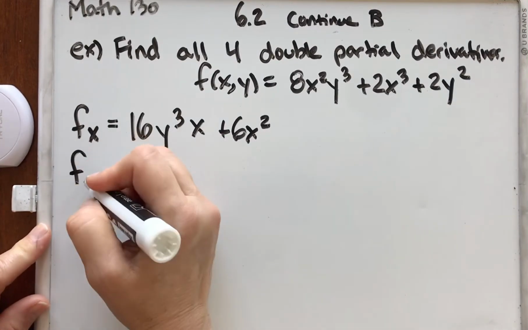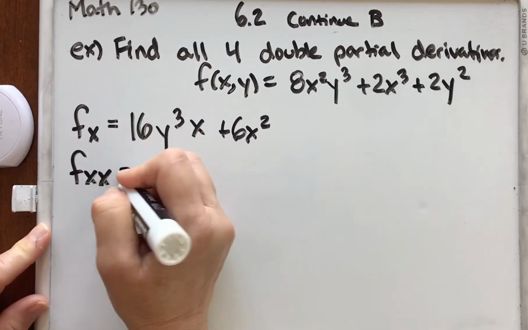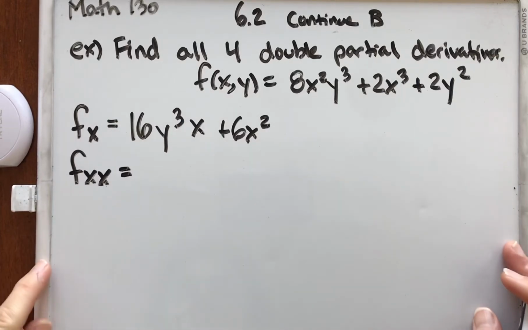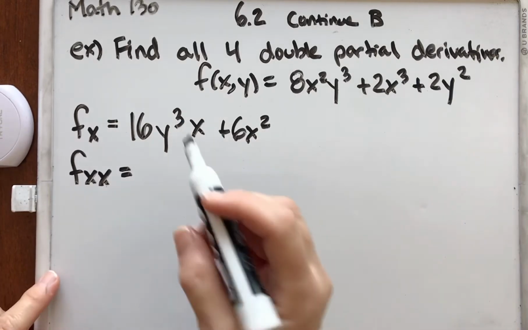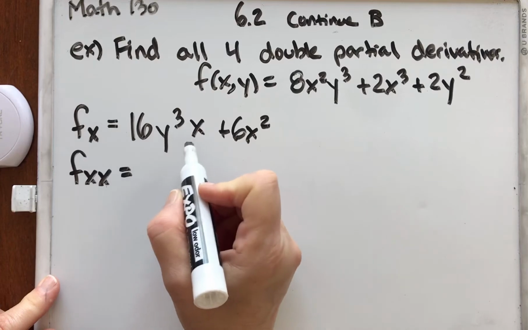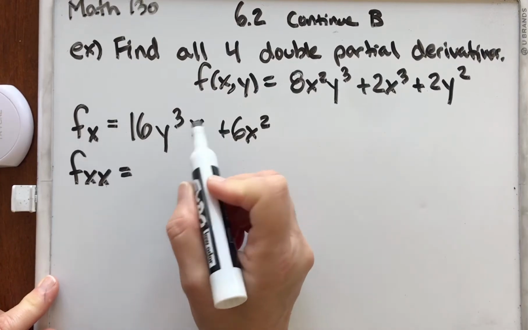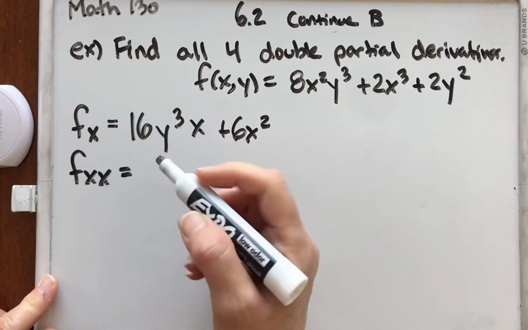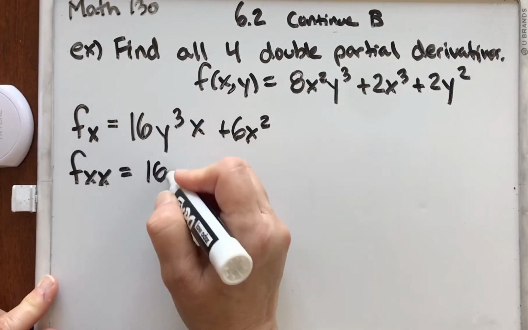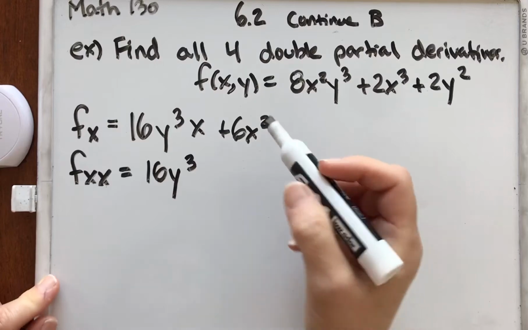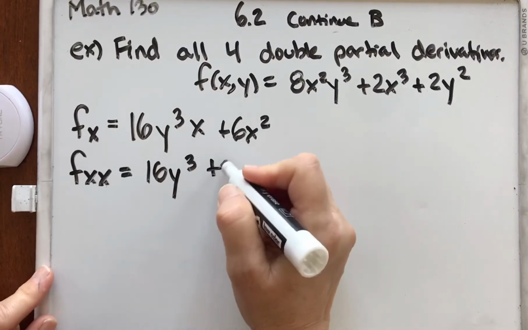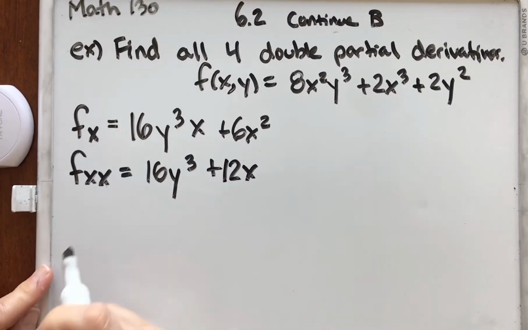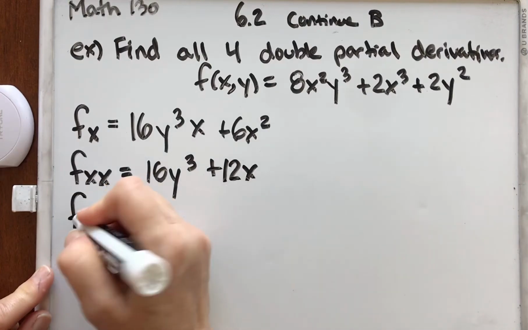Now we're going to take f double x, so the double partial with respect to x. Okay, so we look at this now, and we say to ourselves, x is the variable, y is the constant. So we look at this whole thing, and we take the derivative, and we just end up with the constant, 16y cubed. We take the derivative here, we bring down the 2, and we get 12x. Okay, from here we're going to go right into